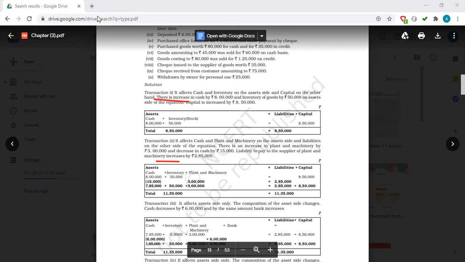Okay, so yes students, again repeating: what was that question? Purchase a plant of 3 lakh, 15,000 paid in cash and the rest of the amount